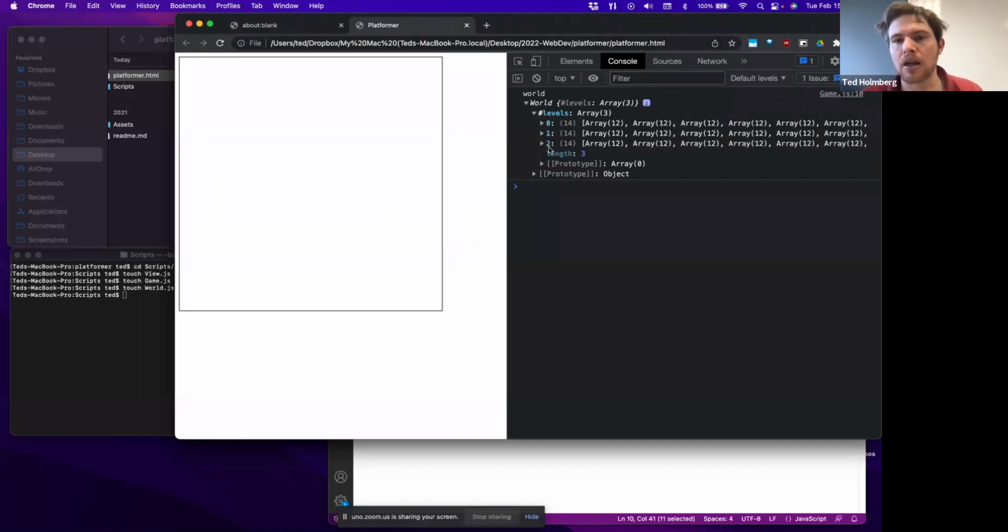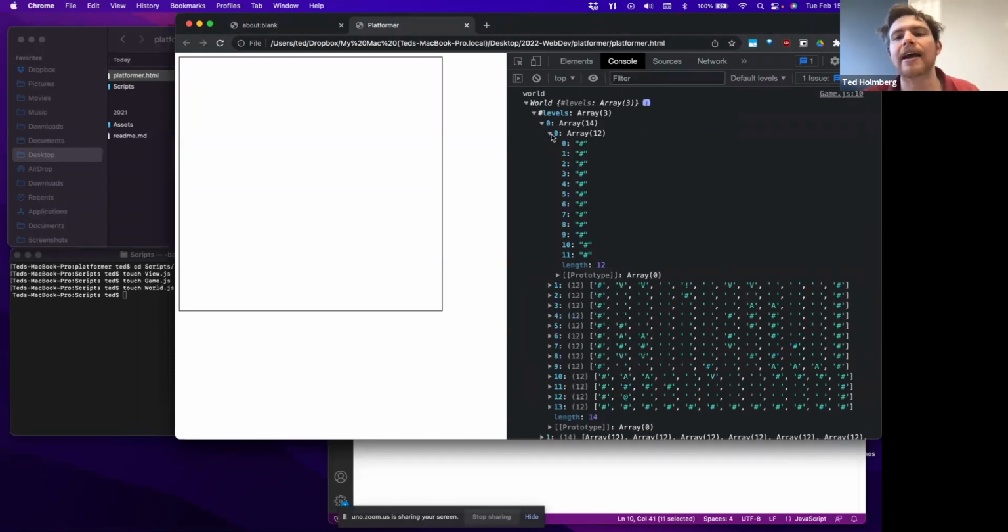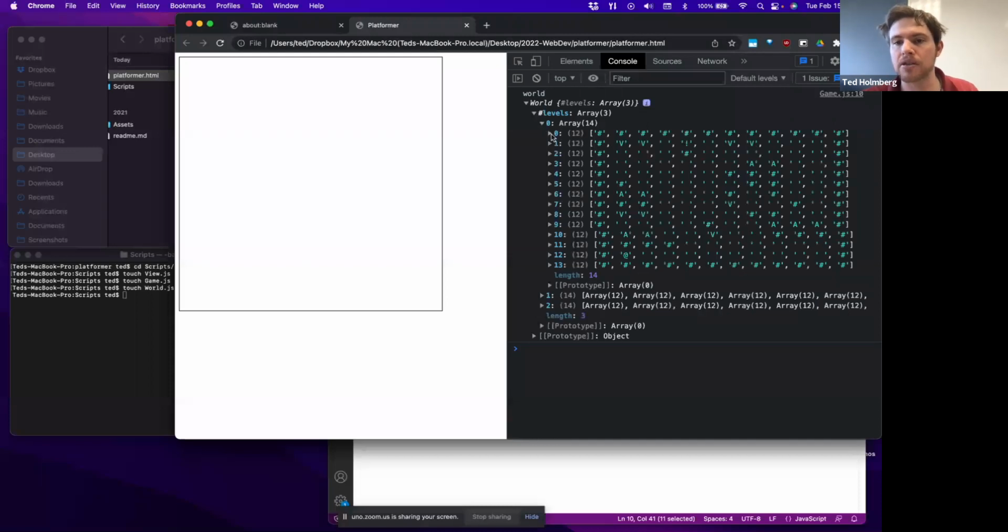array, a 3-item array, right, for level 0, level 1, and level 2. And then I can unpack that, and I can say this array has 14 elements, and each of these elements has 12 elements, which is the set of characters. Now, if I collapse it here, I can actually see that with the way that the console is displaying it, I'm actually grabbing the tiles that I can then parse and use to instantiate to build my game objects. So like here, when I see this, I should build a